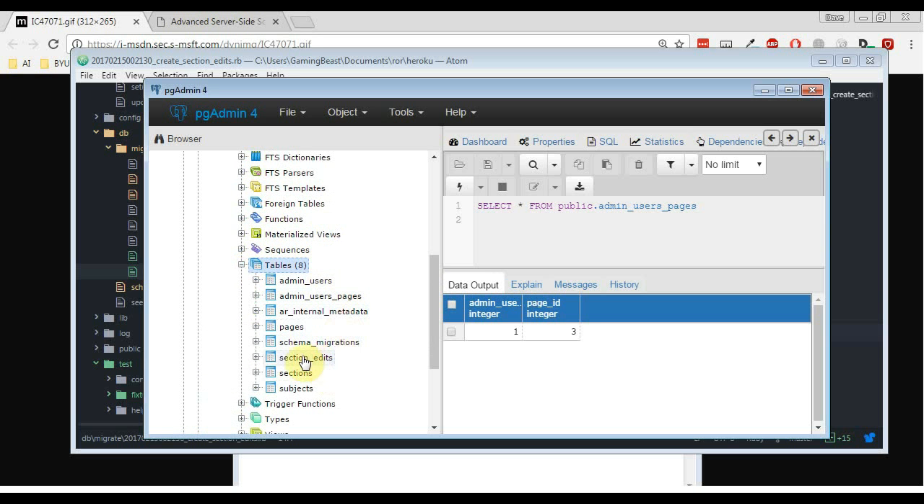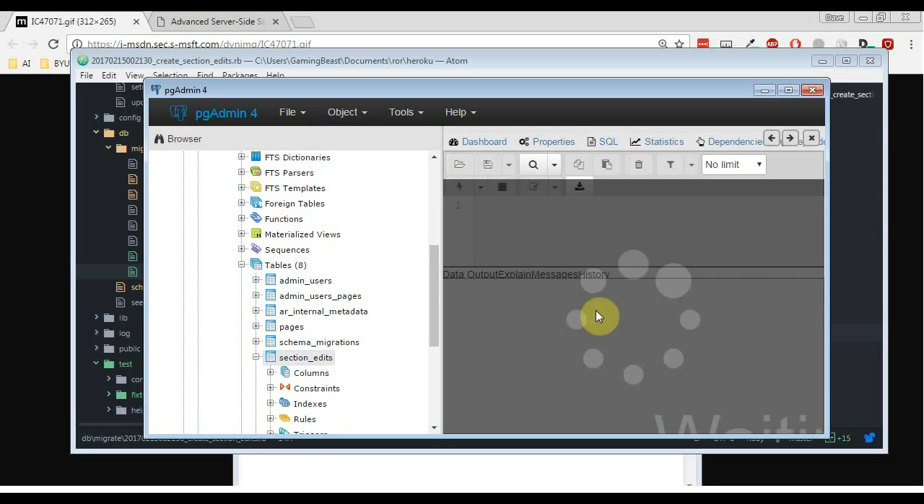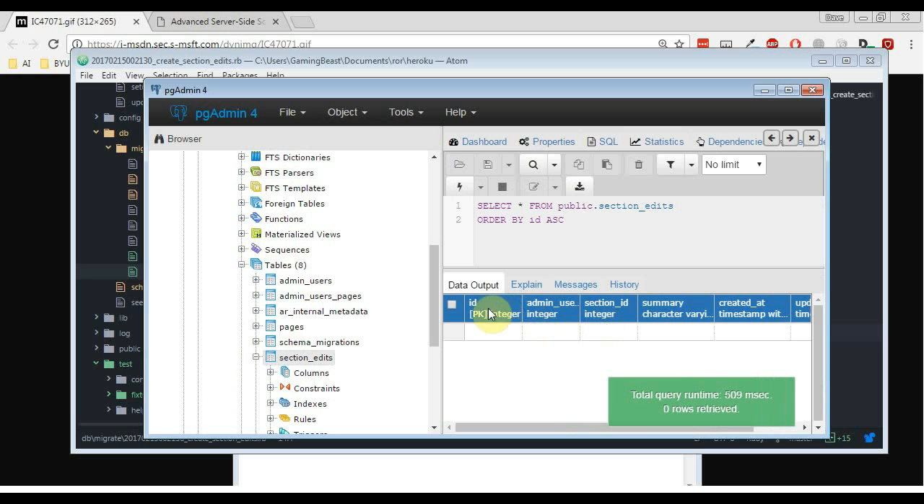Okay, and there it is, section edits. We go inside of it, going to view the data, view all the rows, just to make sure everything got put in there right. So we do have the primary key, which is good. We have the admin user ID, which is good. That's how we'll